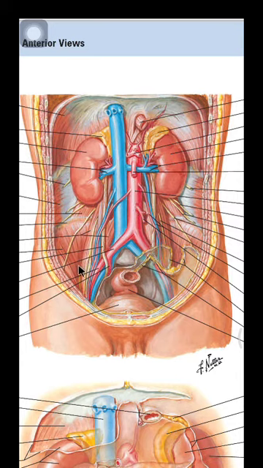Now here you have the root of the mesentery extending along this oblique line, that is also lying anterior to the ureter on the right side. Terminal part of the ileum also will be there. On the left side, in the upper part, you will have the left set of gonadal vessels, gonadal vein and gonadal artery. Then here the descending colon will be there.